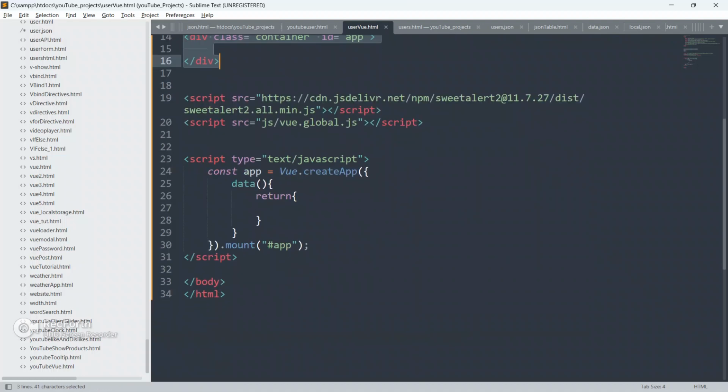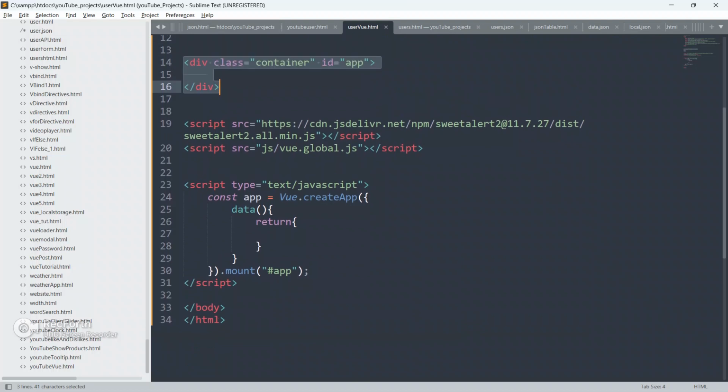So guys, now you all know this entire div is mounted with this instance of Vue.js. Let me explain one more time. The div I have selected is now mounted with this instance of Vue.js.